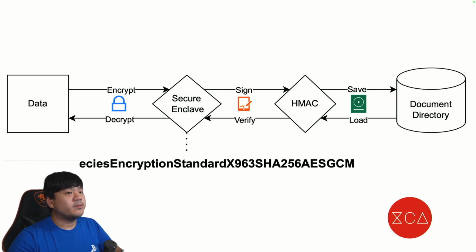So why use this approach? Let's highlight the benefits. First, confidentiality. The data is encrypted with industry-leading algorithms. Integrity. HMAC ensures that no one tampers with your data. Authenticity. Digital signatures prove the data source is legit. Hardware-level security. The Secure Enclave locks everything down tight. Okay, so that's the brief overview of how we will secure the data in the user document directory.